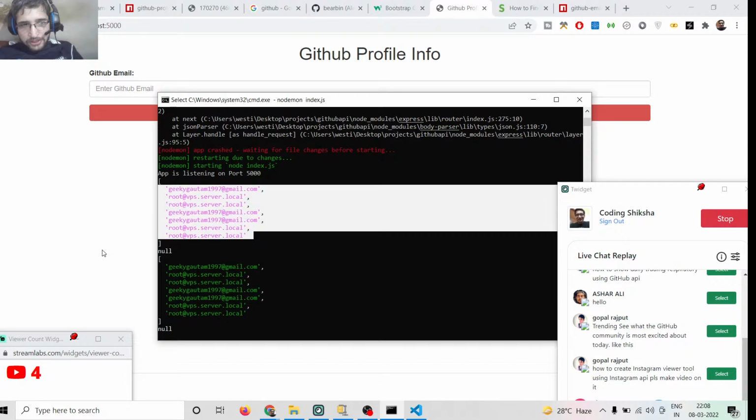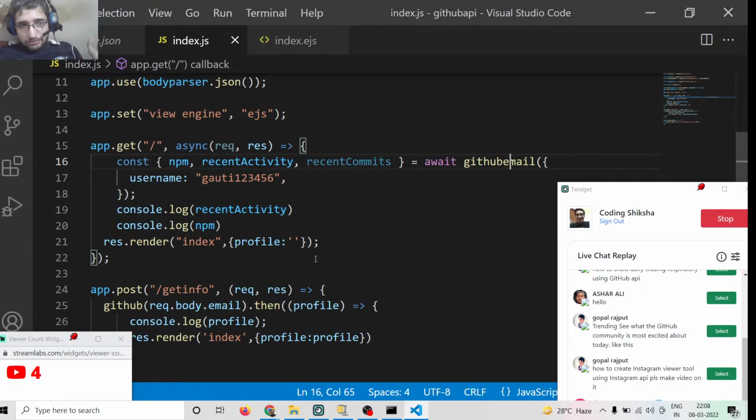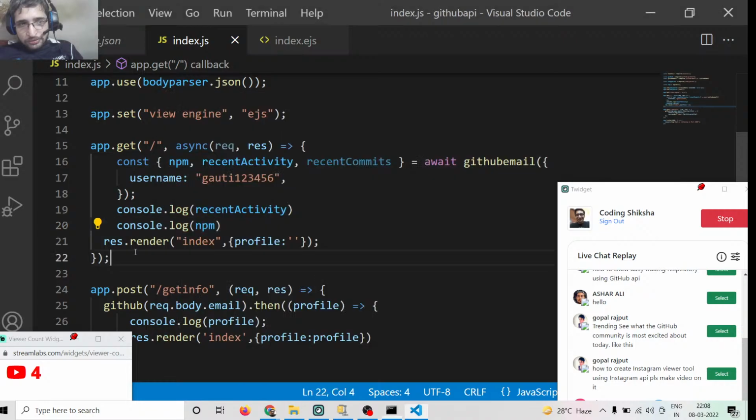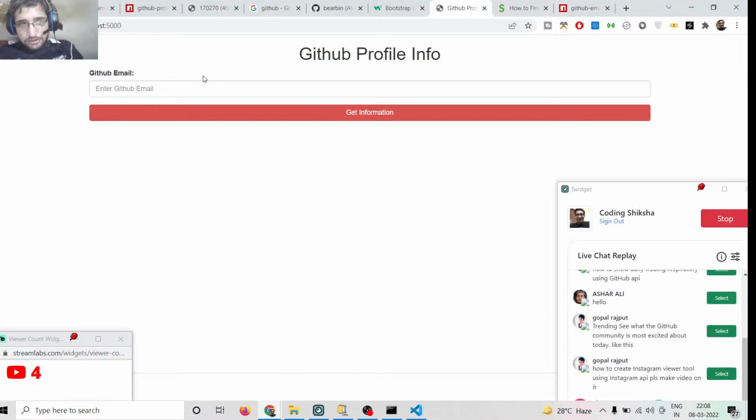So here you can provide the username. So you can see it is providing a set of email addresses which are there. So we only need the first email address. So we will store it like this. So I think we only need the first part here. So recent activity. So if I now refresh it,